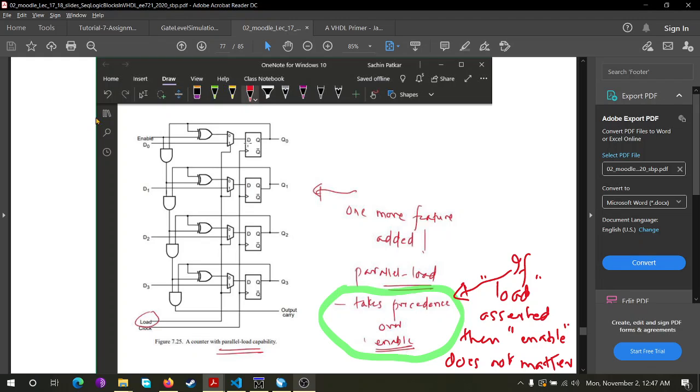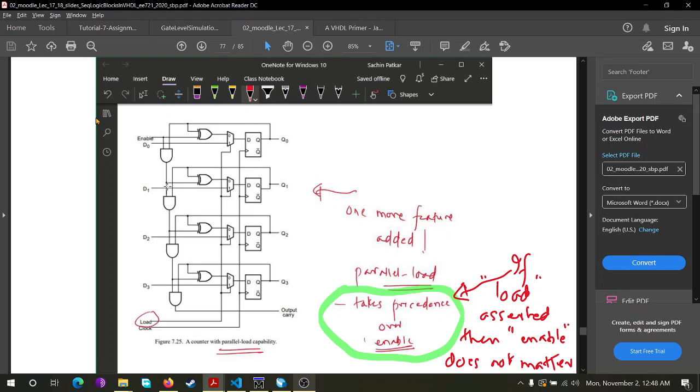You can see over here that for every positive clock edge, this D input should go to the Q output. So what will be the D input for each stage? For each stage, if load is set to 0, the zeroth input of each multiplexer will be chosen. So Q naught, if enable is 1, will pass over here. So it will be Q naught bar. Then for here it will be Q naught